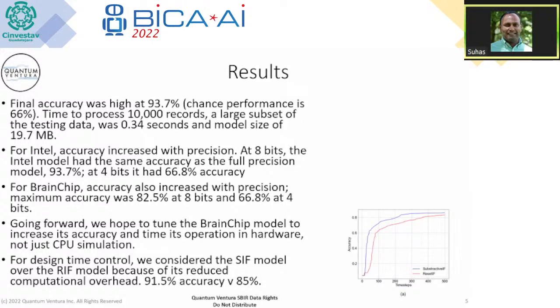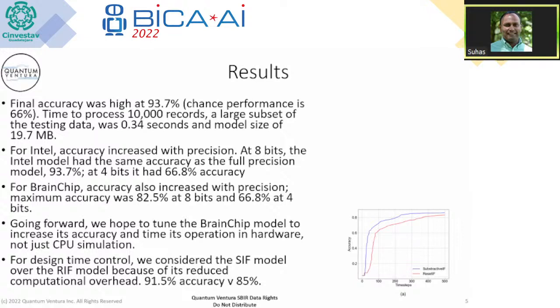For the BrainChip, accuracy also increased with precision, but was slightly lower. BrainChip got 83% at 8 bits and 67%, again chance, at 4 bits. Our work is one of the few and first papers that compare Intel and BrainChip on the same data set. Going forward, we will tune the BrainChip model to increase its accuracy and also try things on hardware, not just